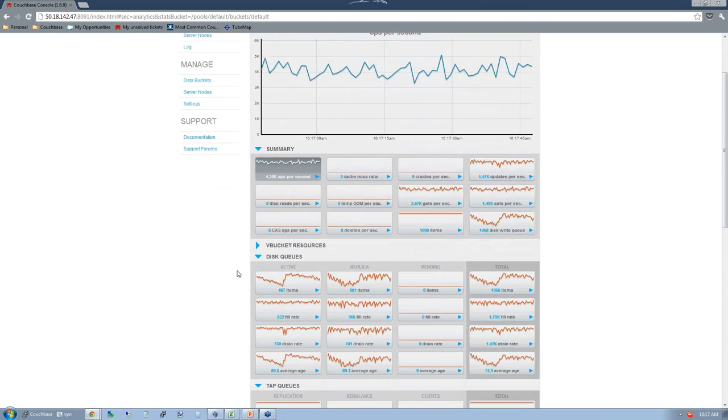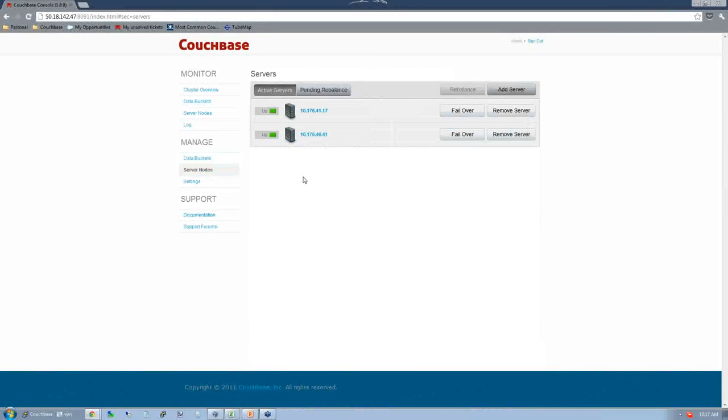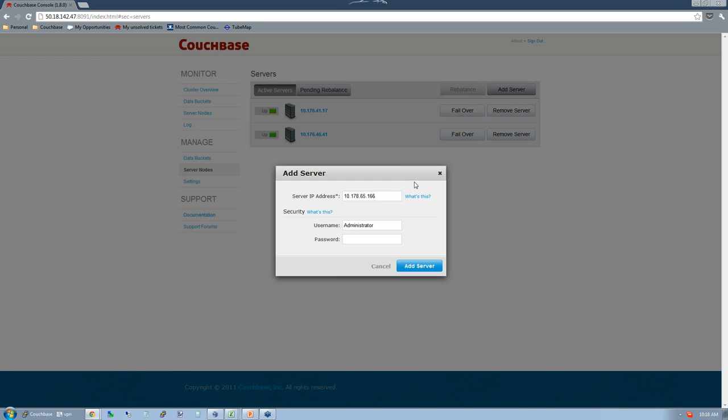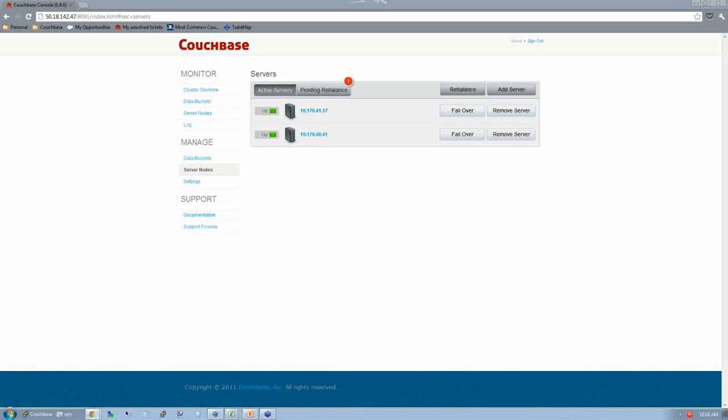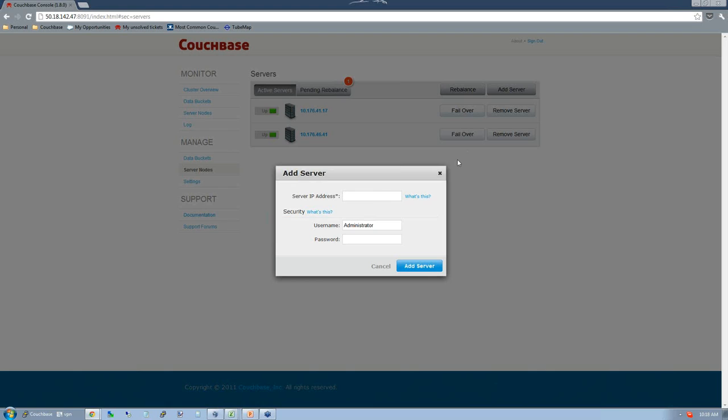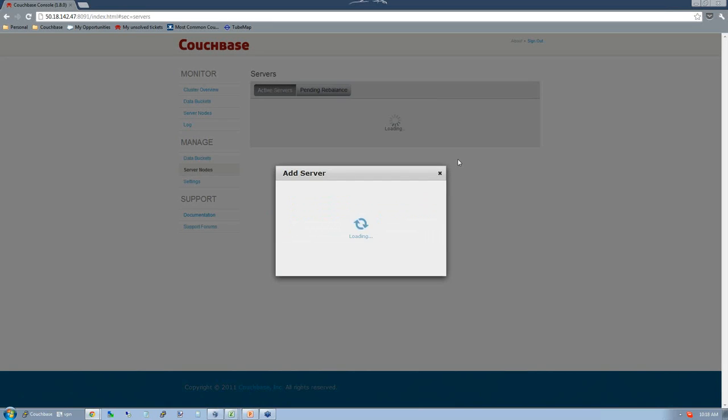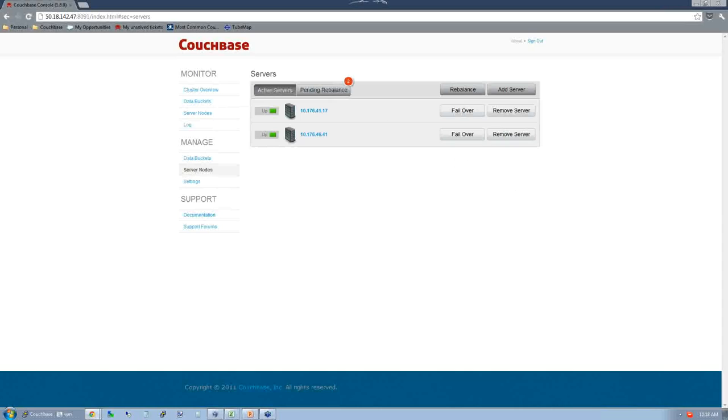So what I'm going to do now is show that we have 2 nodes currently handling this workload, and I'm going to add a few more. So I'm going to grab a couple more IP addresses here. And these are all servers running in Amazon EC2. They're not very powerful nodes, basically commodity hardware. And Couchbase runs equally well on either cloud instances, VMs, or dedicated hardware. So I'm going to add, let's say, 3 nodes